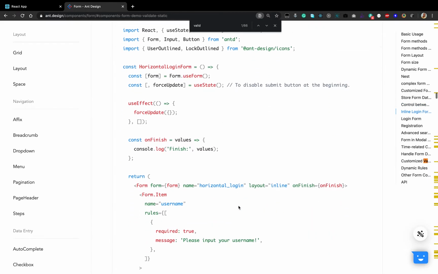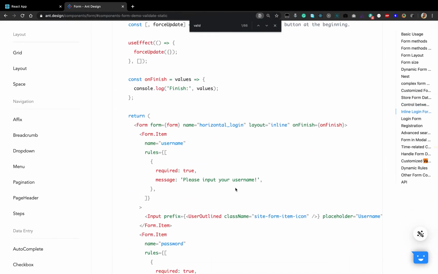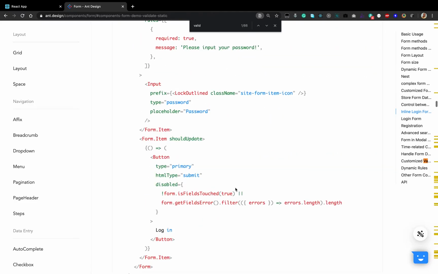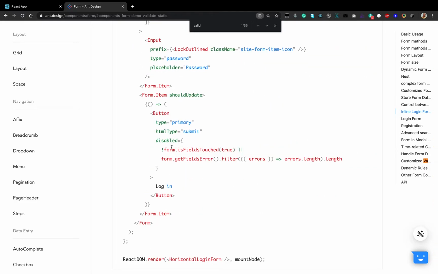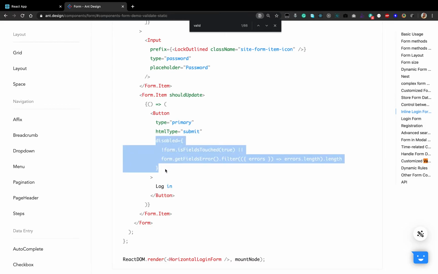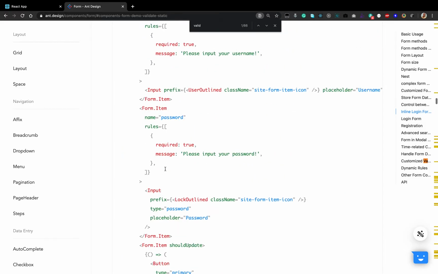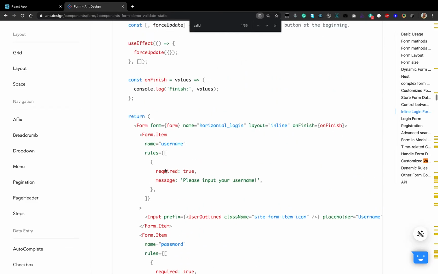So it seems like it is disabling when the form is touched, and then the errors. Yeah, it seems there is something here we can use. So we're going to copy this. Now it is actually what it's doing